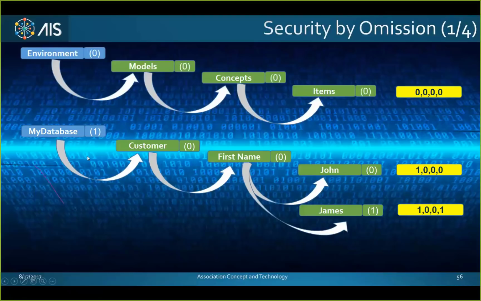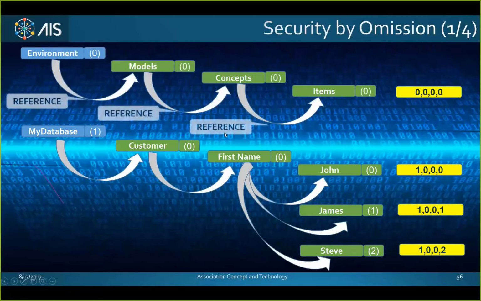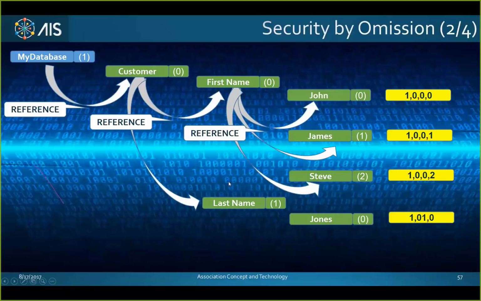If I add a second value to John called James, you'll see that it's now 1001. Okay? And the third, 002. So I have a reference in space of wherever I put that data item. Now we'll move into how we create the association. I step back a little bit. From the model customer, I will go into the field name, and I say now I want to put in last name. And again, you'll see that has a different key. So I can continue doing this 4 billion times.